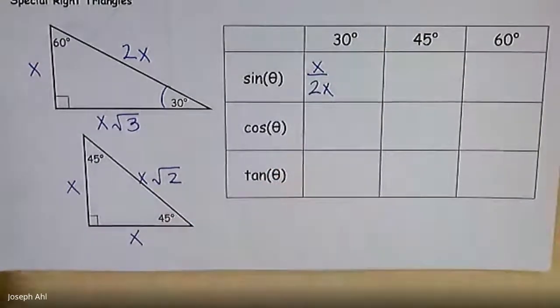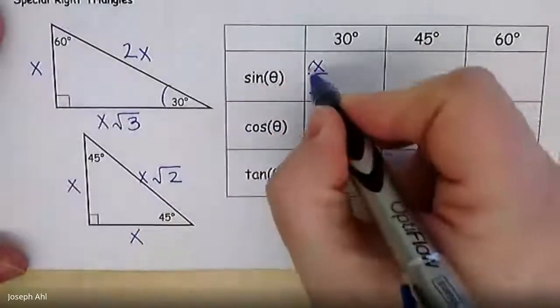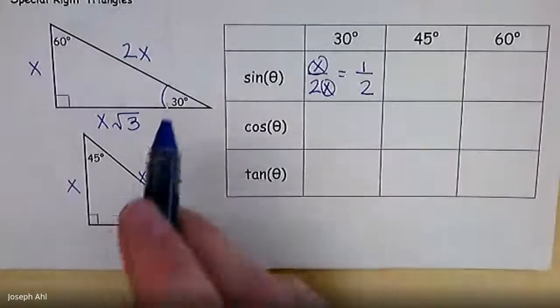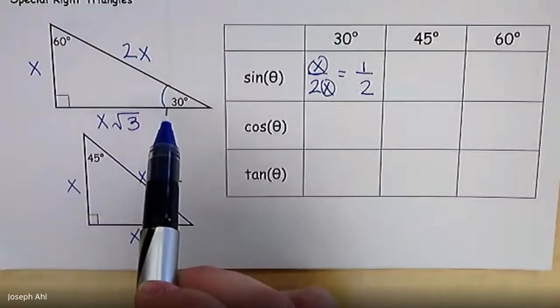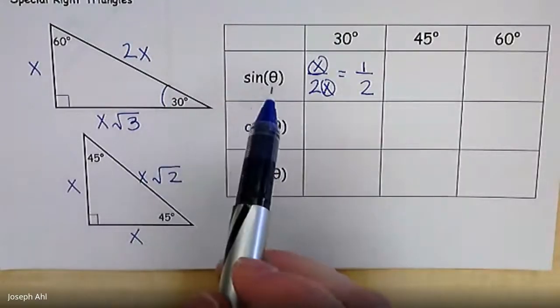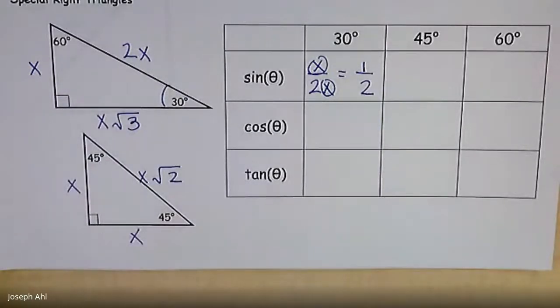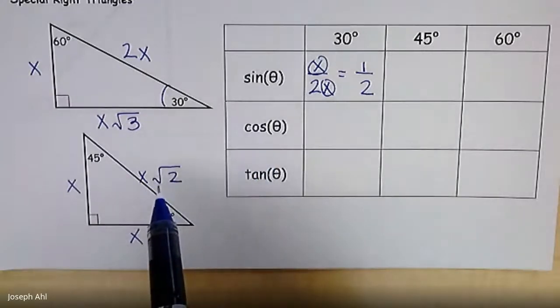So the opposite of 30 is x, the hypotenuse is 2x, and notice how since there's an x on the top and bottom, those would cancel and reduce to 1/2. So again, it doesn't matter the size of the triangle. If you have a 30-degree angle, the ratio for sine of that 30-degree angle will always reduce to 1/2, no matter what x is. Similarly, if we look at sine of 45, it would wind up being,